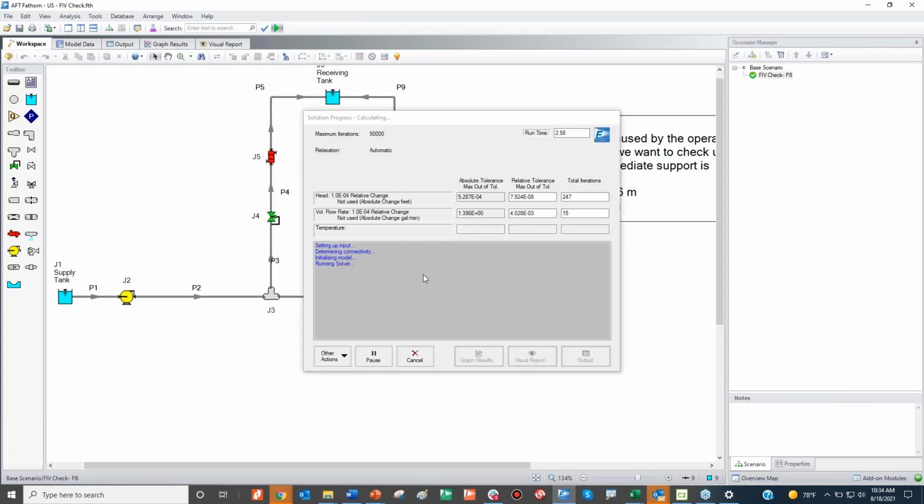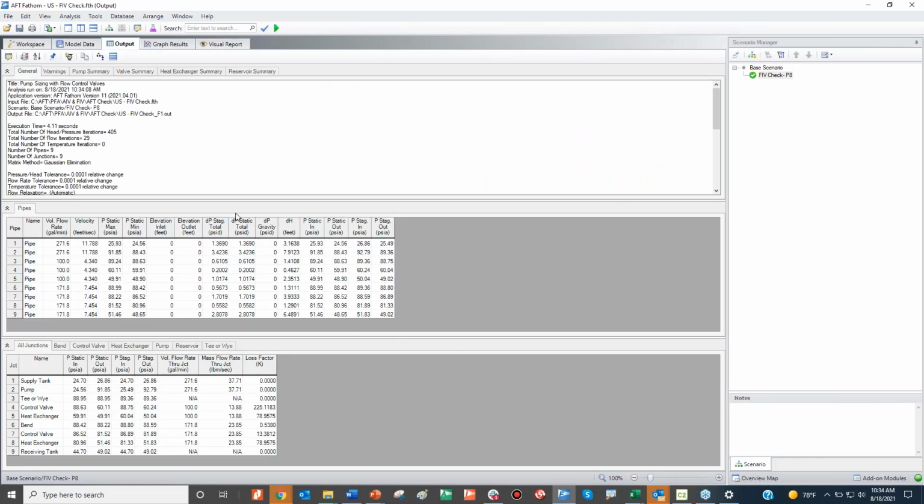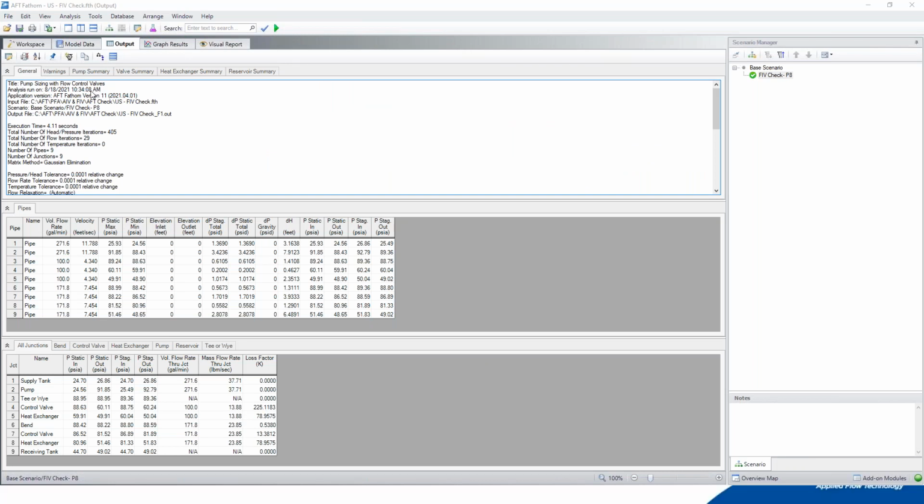Once we get the result, we come here to this icon, and we click on it, we select it, and we open it.